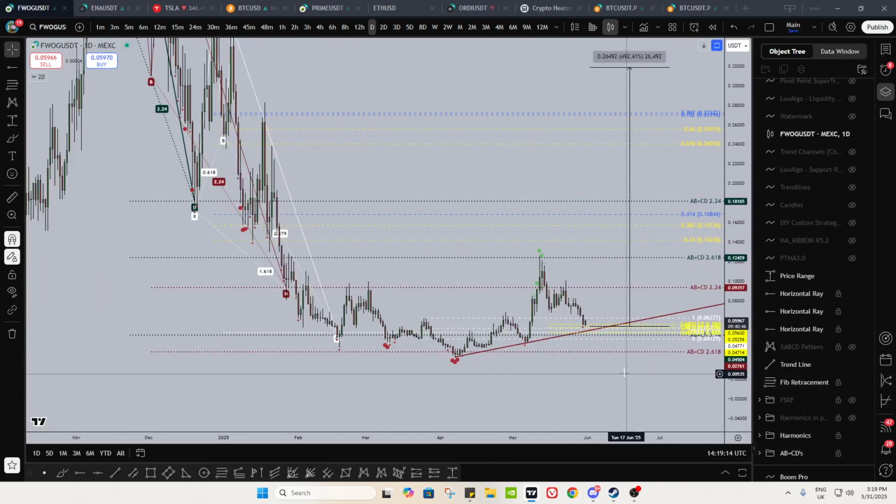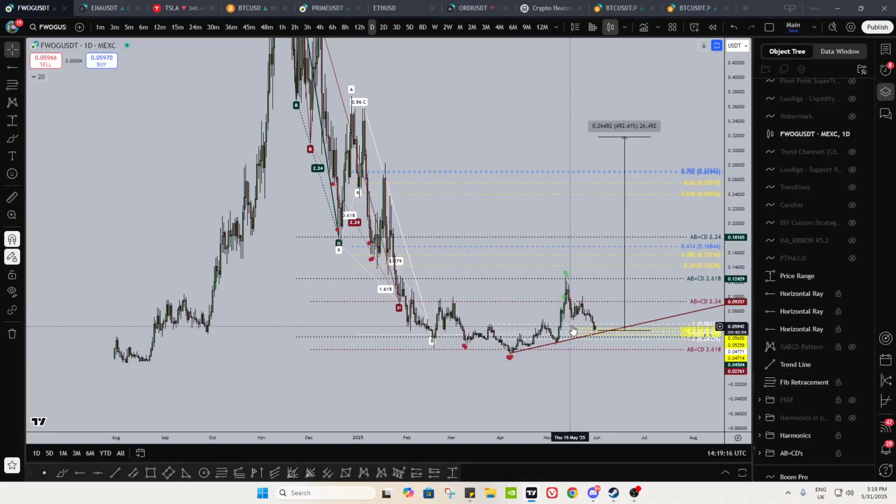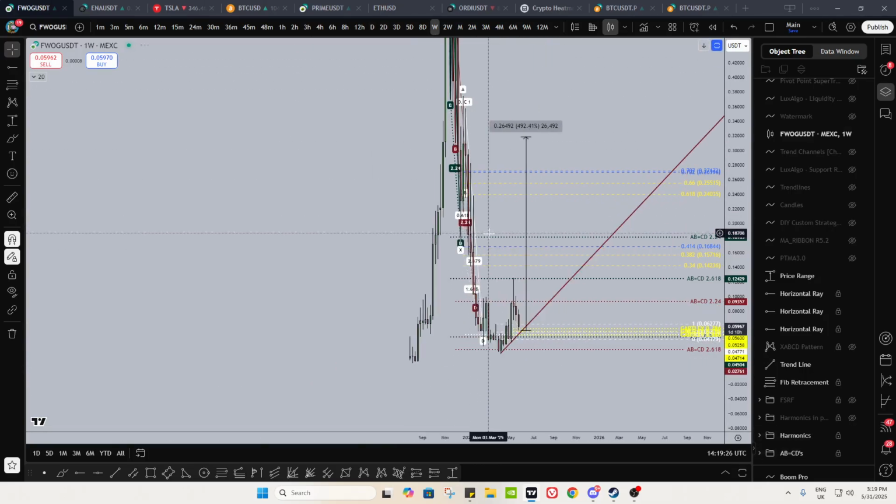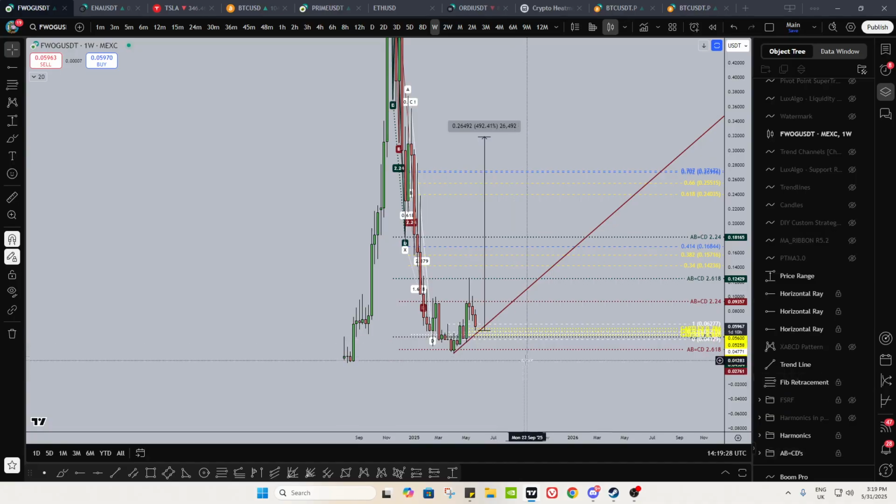Sure, we might chop around a bit more, right? Because obviously bottoms don't get formed that quickly. We might chop around a bit more, but look, the fact of the matter is the last lower highs that led to the lower lows have been taken out on a higher time frame, right? Even on the weekly, we just need a higher low to come in. If that happens, that is the first sign.